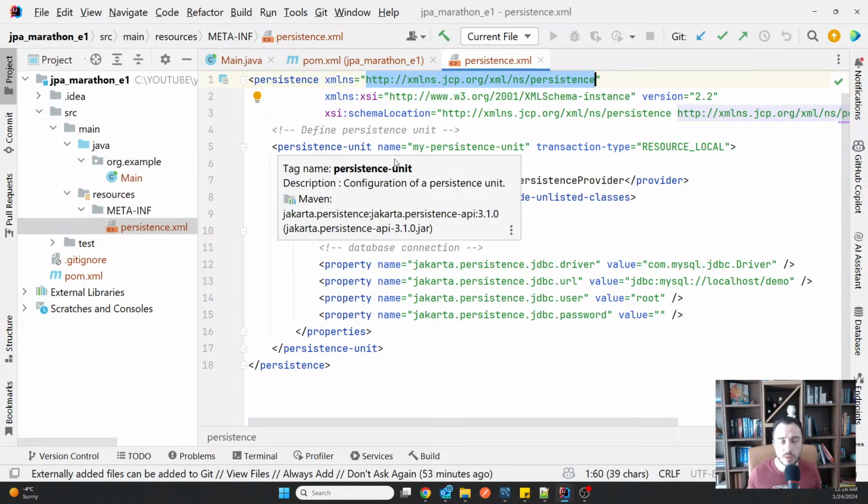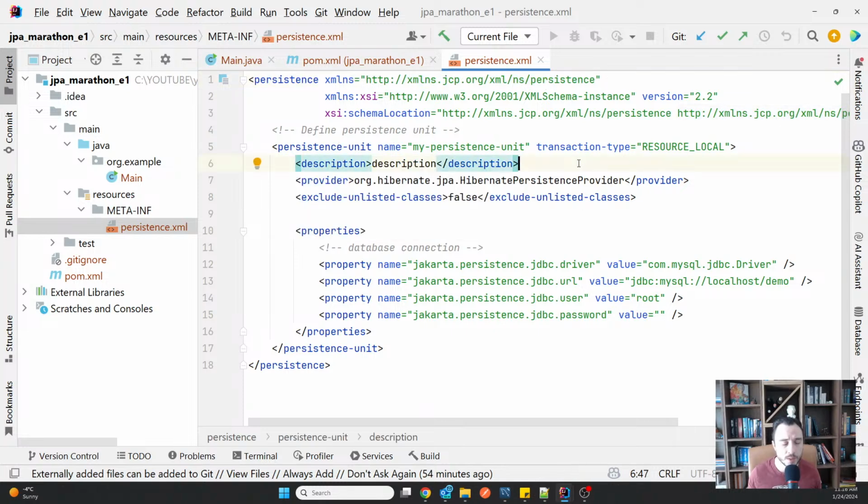This is as described in the JPA specification, and one thing that I haven't said from the very beginning is that the marathon is called JPA/Hibernate, because what we are going to do here is use Hibernate as a JPA implementation. JPA, which stands for Java Persistence API, is a specification that has multiple implementations. One of the implementations is Hibernate.